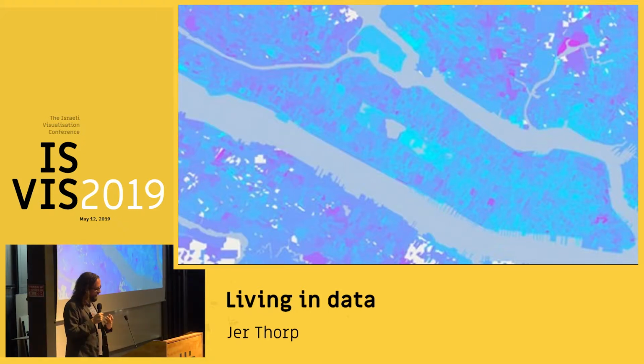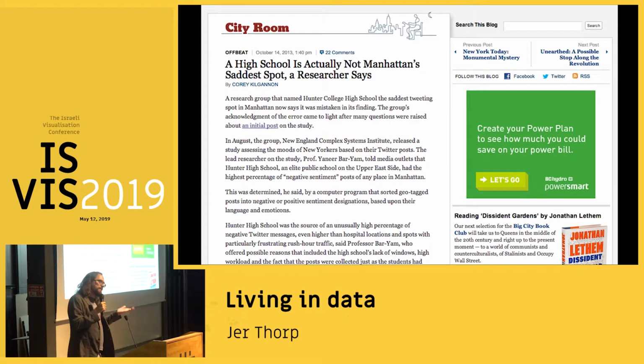I tell you what, it wouldn't have made me happier, right? I wouldn't have thought, oh, that's great. And in fact, the story kind of becomes more hilarious. I call this a layer cake of bullshit because everything was wrong. First of all, sentiment analysis is mostly fraudulent, and Twitter is not the real world. But on top of that, they had made a mistake with their geocoding. So the location that they found on the map was not the location that they thought it was, but a place a few blocks away.